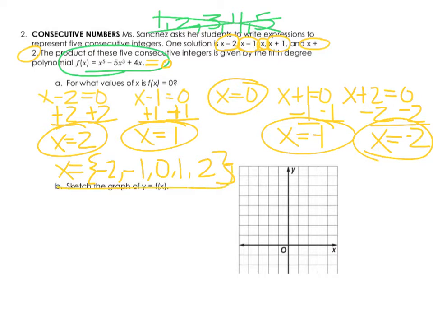And that would be our final answer. All right, now part B is asking us to sketch the graph. So to sketch the graph, we're sketching our polynomial, the first thing we would want to do is graph all